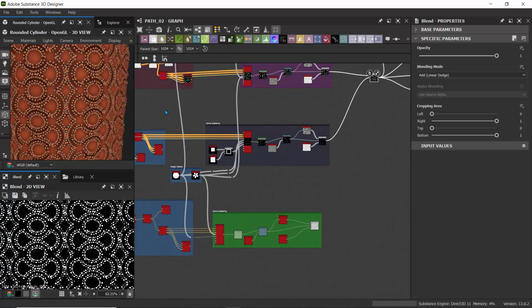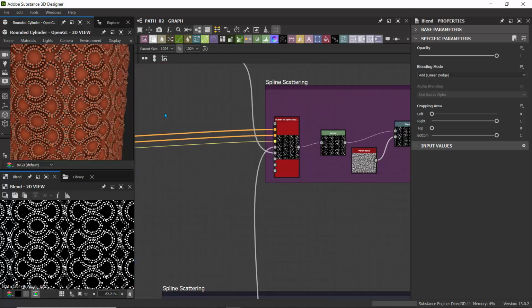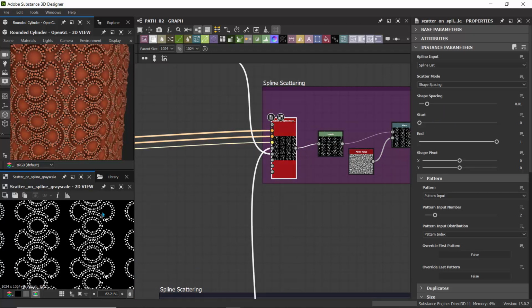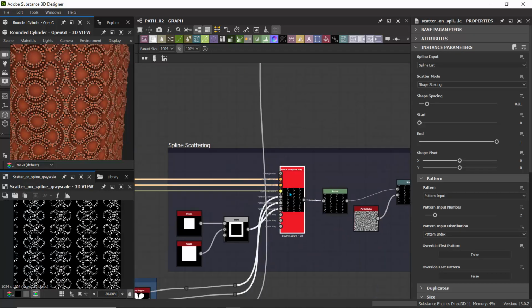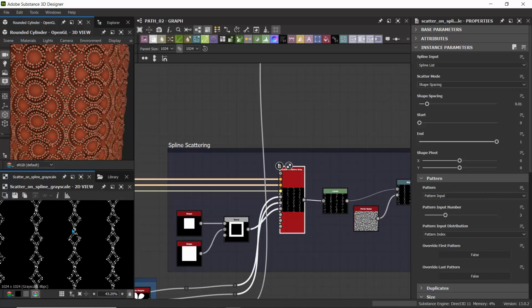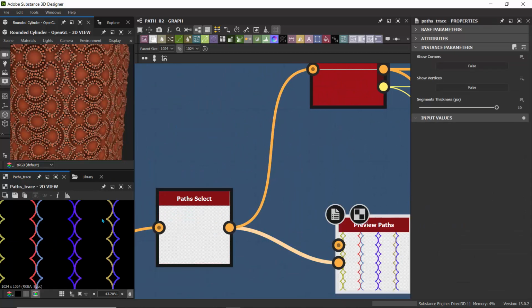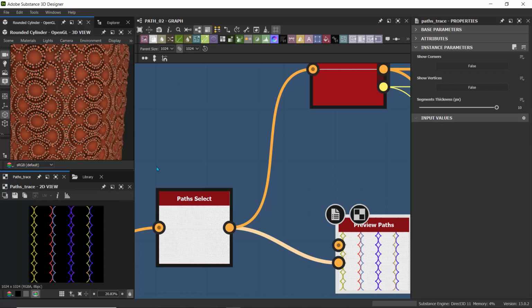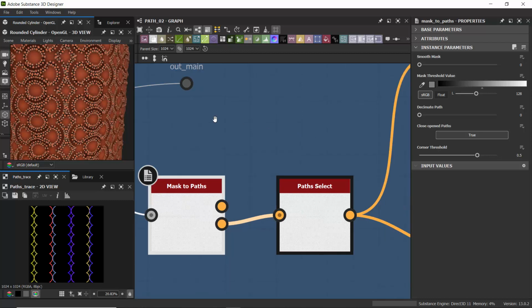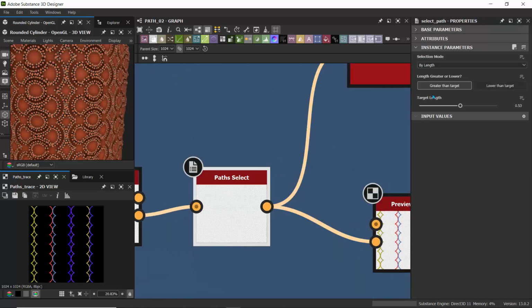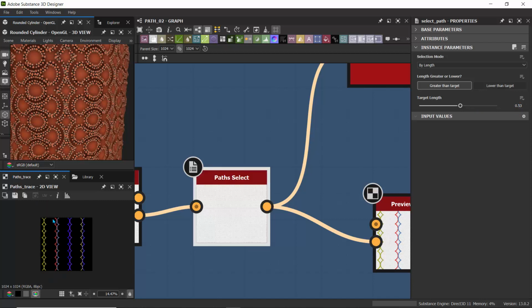Now the difference between this one, if I go over to the spline here, so you can see this pattern, but if I go over here, you can see that I'm using only this section. So what I'm doing is using that spline length to differentiate or select the path I've created, and that's happening over here. So if I go over here to the path select and path preview, this is the path I'm extracting here, and this is based off this mask to path here, and I'm using the select by length. So with a length of 0.53, I'm just selecting this diamond-like shape, or this star shape,